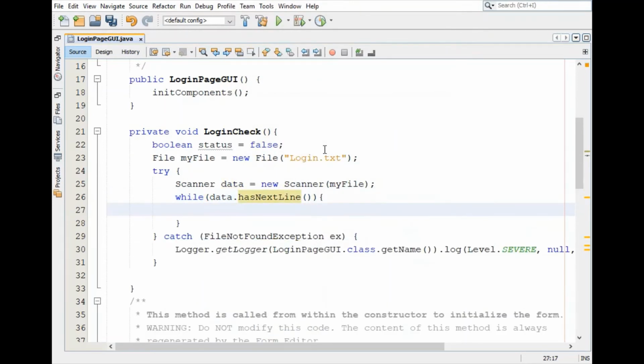Now this hasNextLine method returns true if the data file has another line. Basically this will help us in fetching all the lines from the login.txt file.